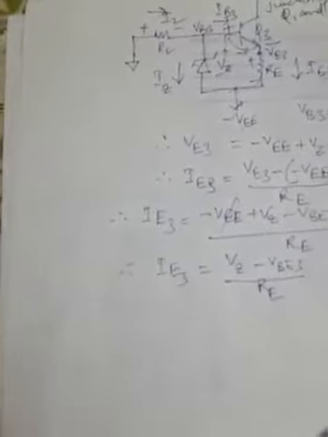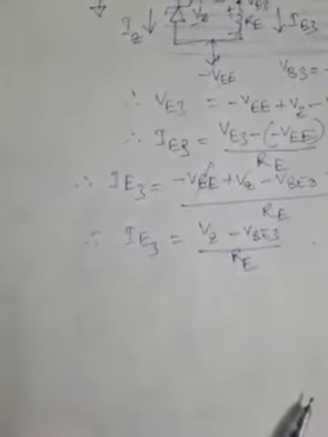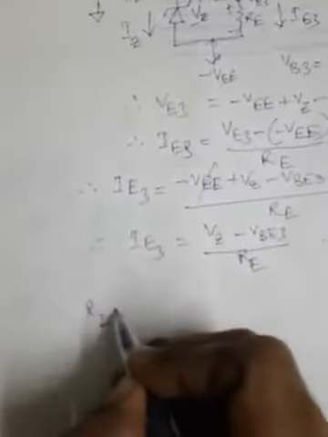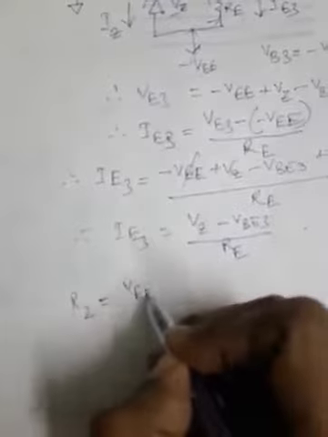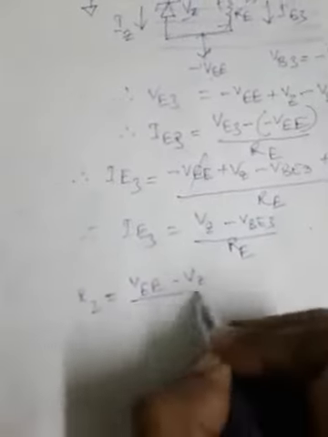The value of this minimum Zener current can be found based on the data sheet we should be having for design purpose, and thus the value of R2 can be calculated using this expression: R2 equal to VEE minus Vz divided by I2. From this expression, R2 is given by voltage by current. Current is I2 and the voltage across it is VEE minus Vz. This is VEE minus this Vz, that is the node voltage over here, with respect to ground, divided by this current, which will be giving you R2.